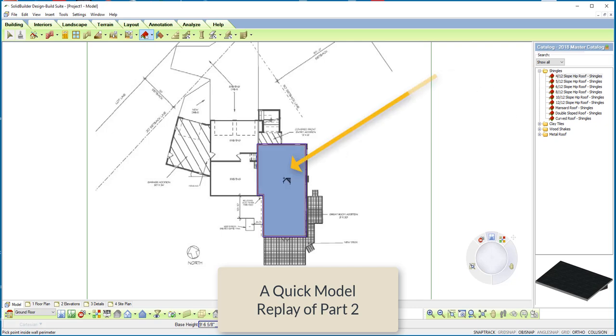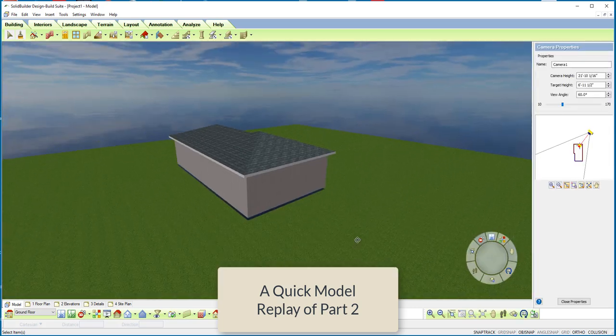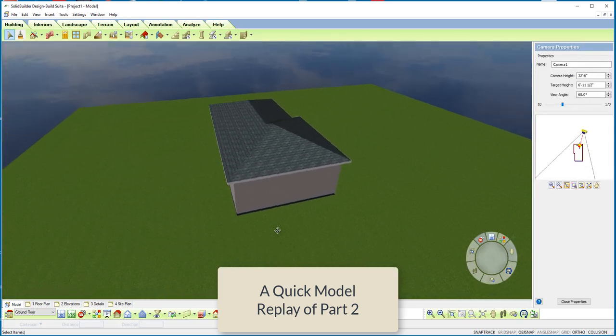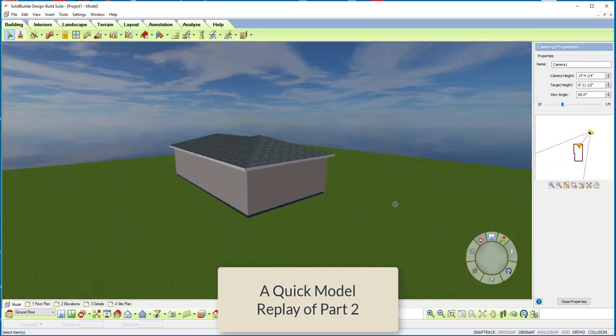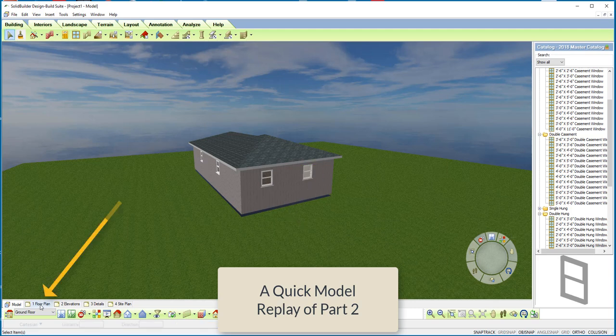I have a 4/12 pitch, I'll add that, and then we'll come down to 3D mode, place a camera, select once, select the second time, and now you see that we have just a portion of that building quickly defined. And if I were to just grab any windows, so we have a few, and then come down to our floor plan option,